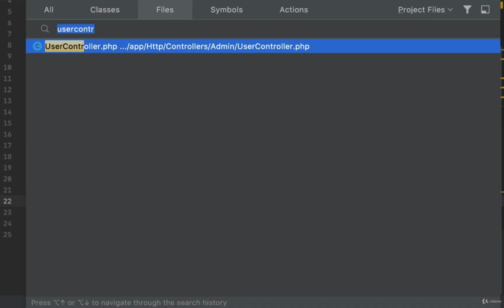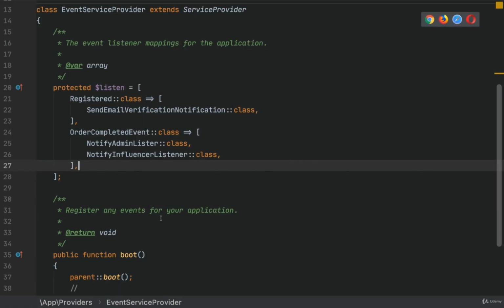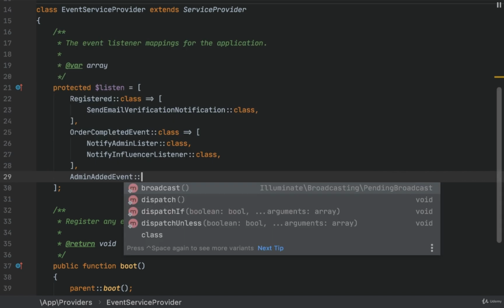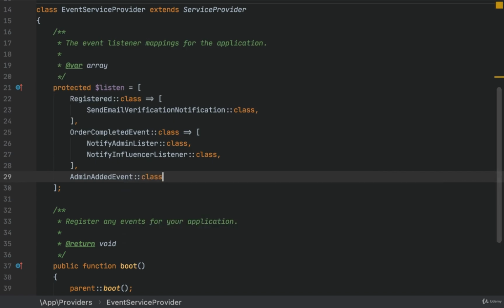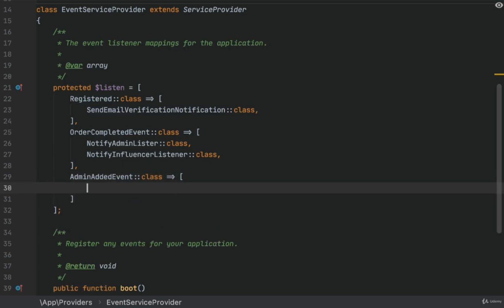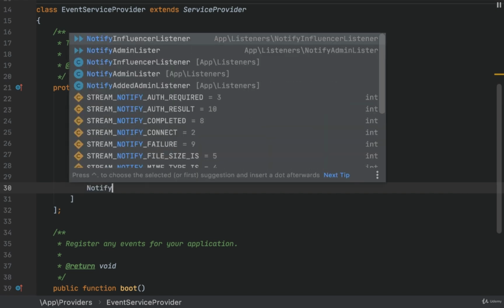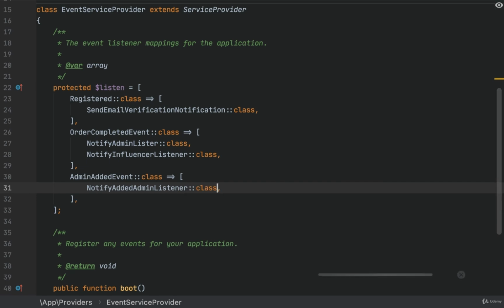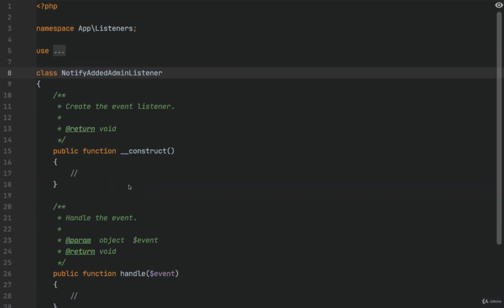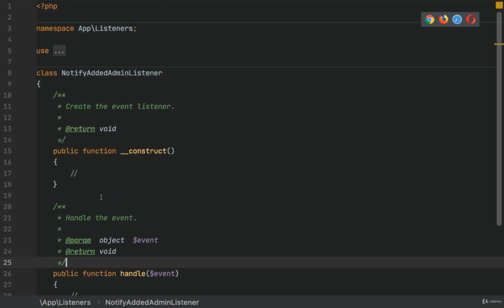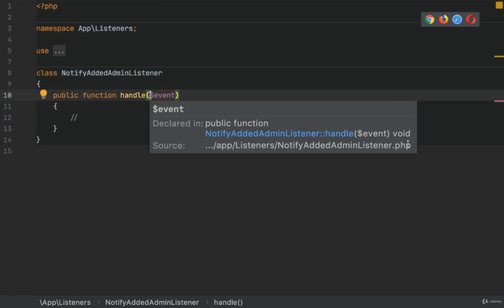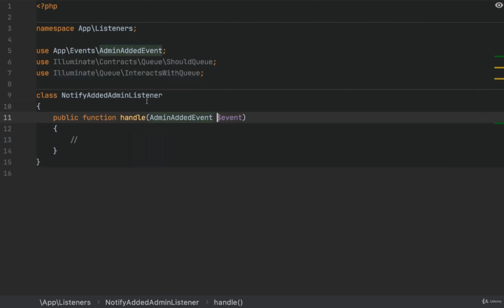Let's go to the event service provider, and here we'll add that AdminAddedEvent class will send to NotifyAddedAdminListener that class, and in this class we will remove all these parts, and this is the AdminAddedEvent. Here we'll get the user,